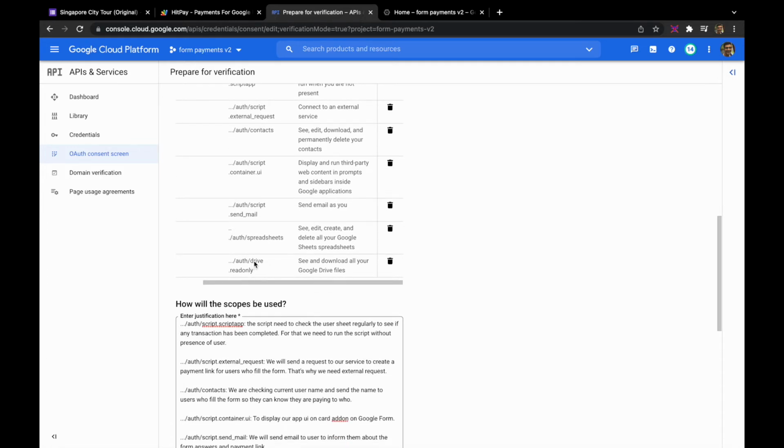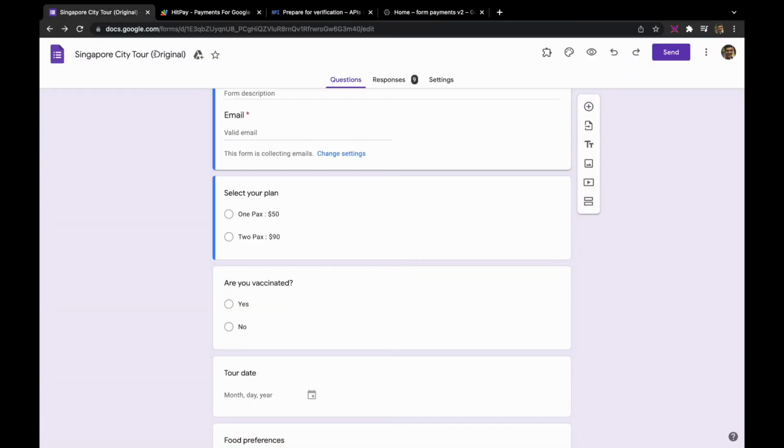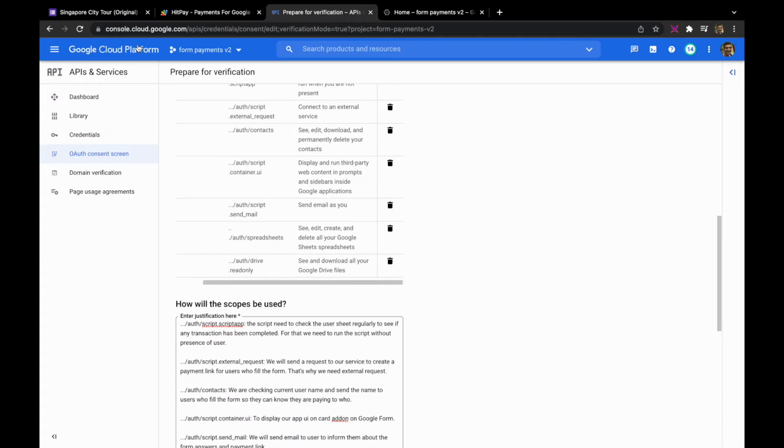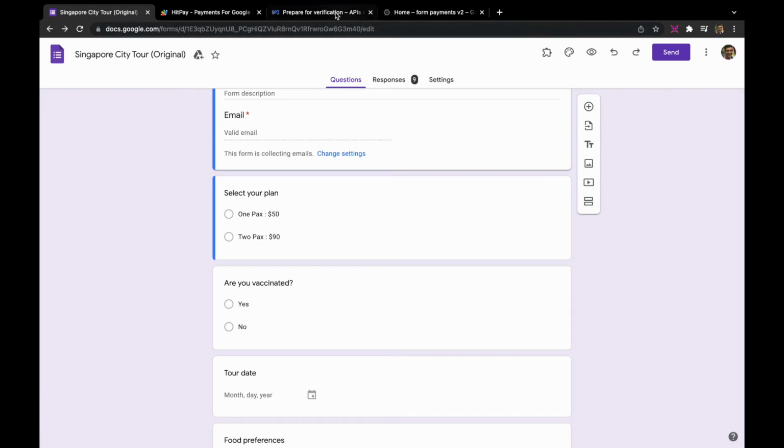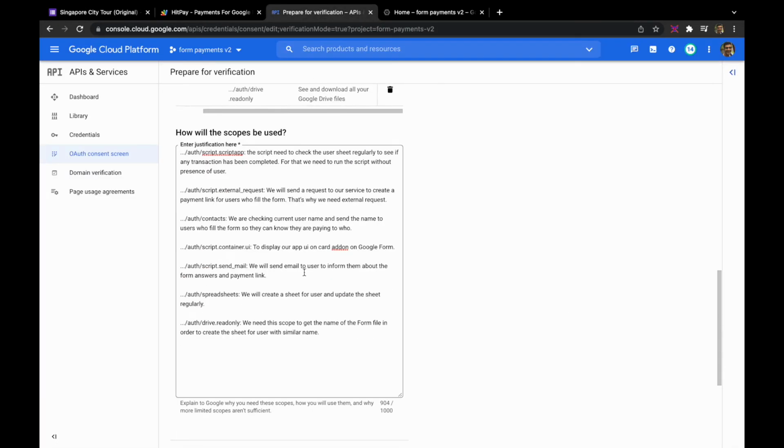And we will need the drive as well to get the name of this form, and when we are creating the spreadsheet, we want to have the same name as the form. So we need drive just for that, to get the name of the form, and when we are creating a spreadsheet, just rename it to be the same as the form. So yeah, I've explained these as well here,